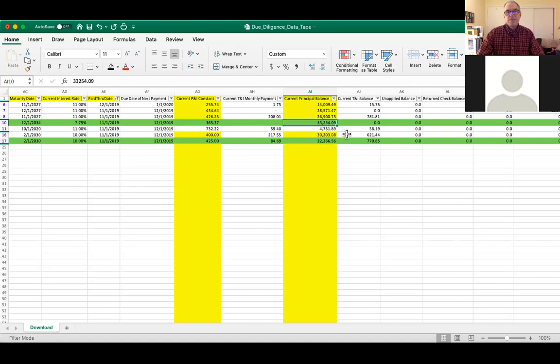Property may have an asset value of 90. Let's say it's got an asset value of 75. Current balance owing today is $33,000. Payment of $365 a month. It's going to be a little longer term to run. So if I put that in, 33,